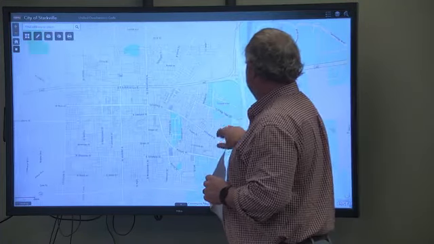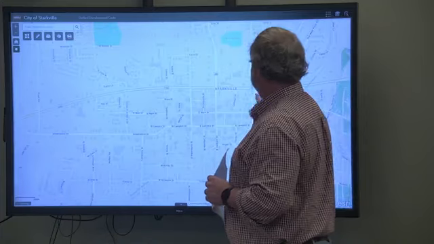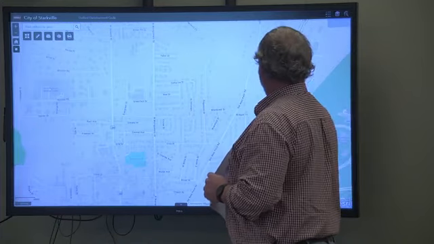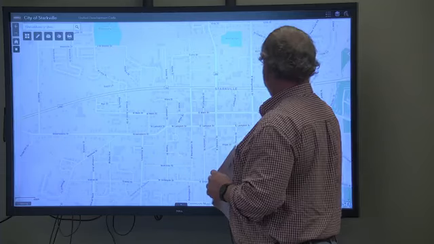And then, another important aspect of providing information is for developers. So if you're a developer coming into town and you're looking at a parcel,